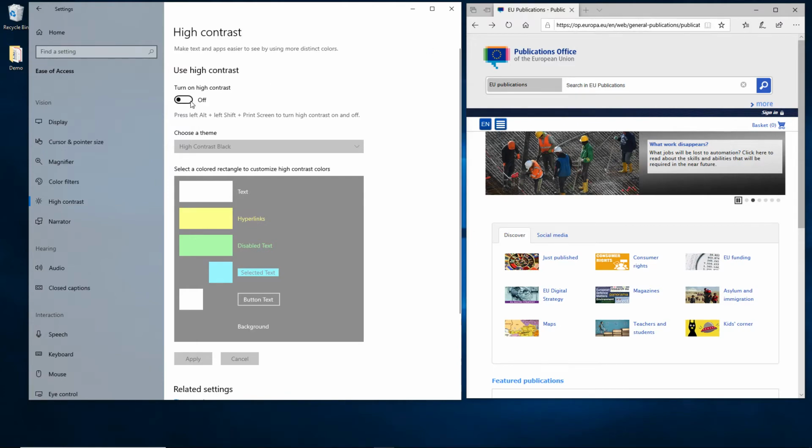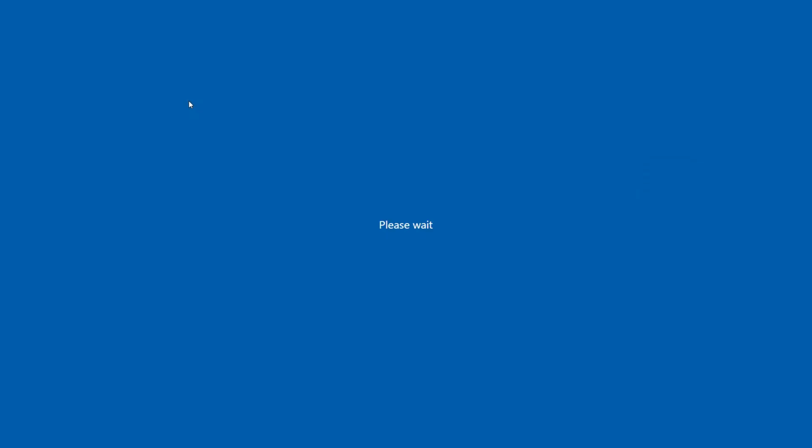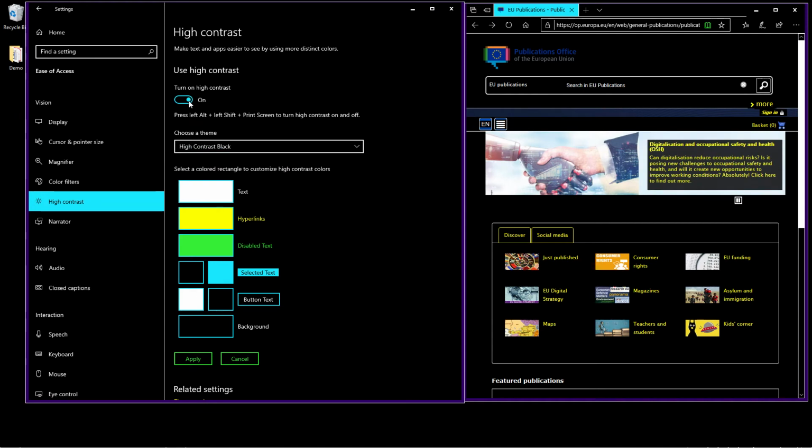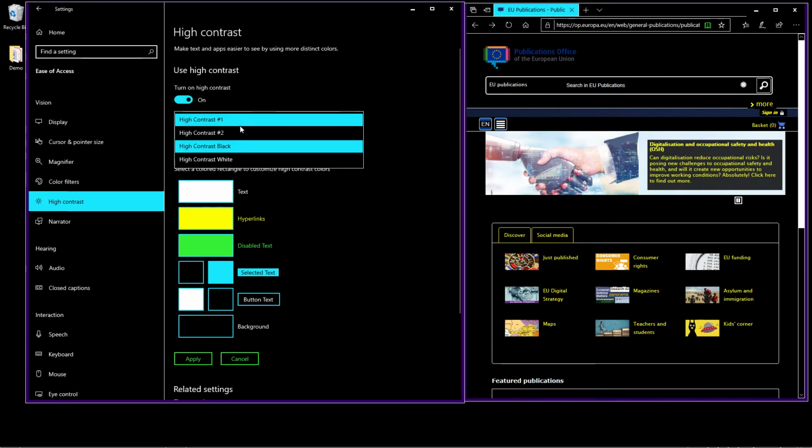This tool activates one of the default high contrast themes to improve visibility for some users. If you have color deficiencies, then choose the option that gives you the best result.